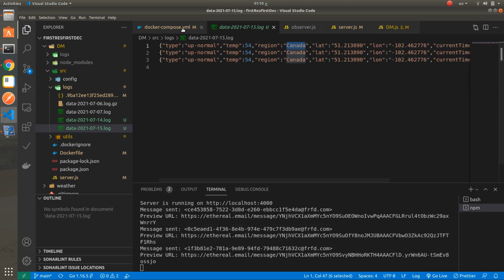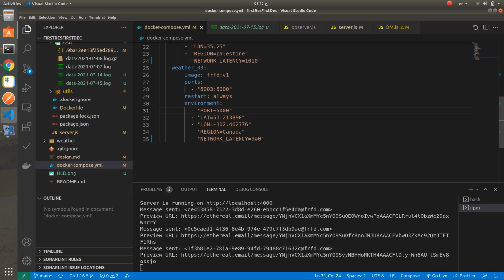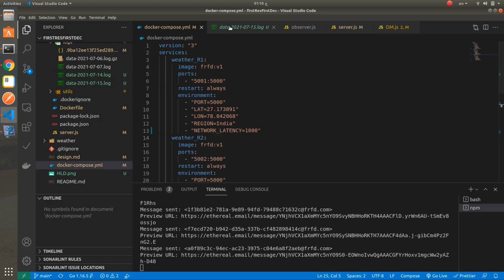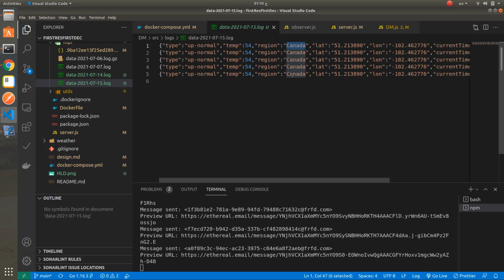Because of the network latency of 900 milliseconds, this is the fastest one of the three servers. So all the first responses were recorded from the server that exists in Canada.